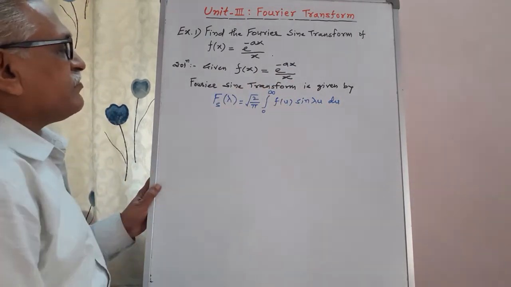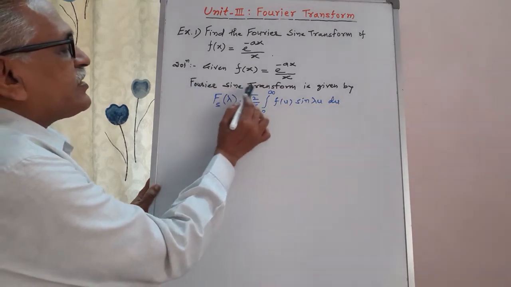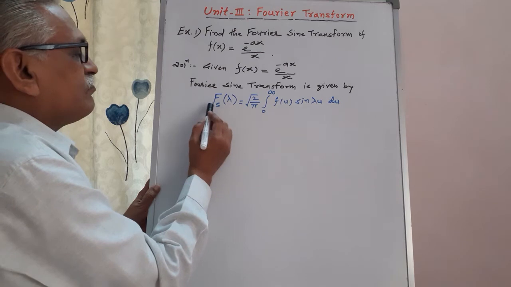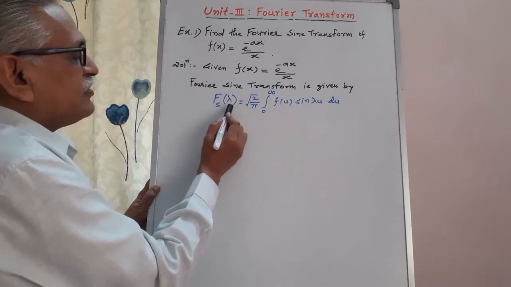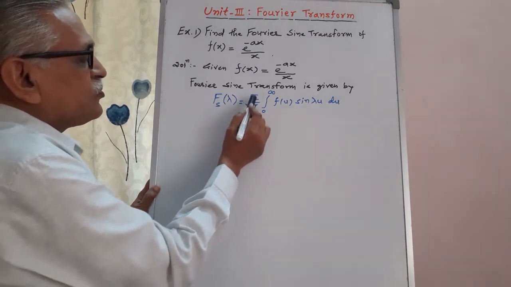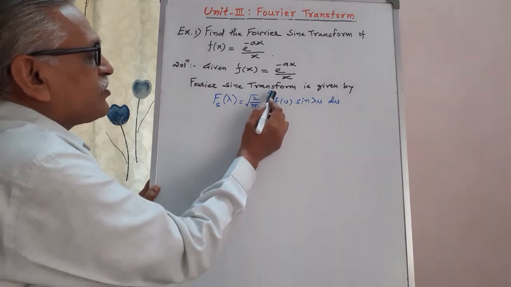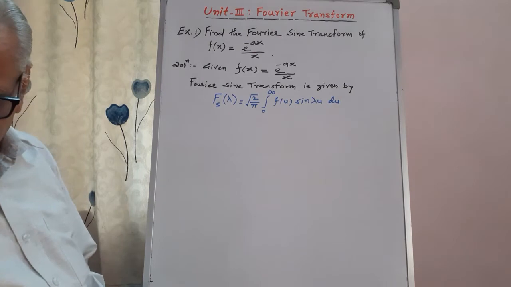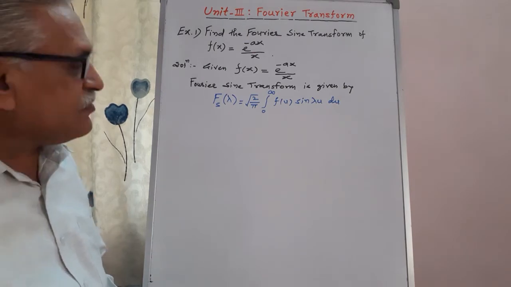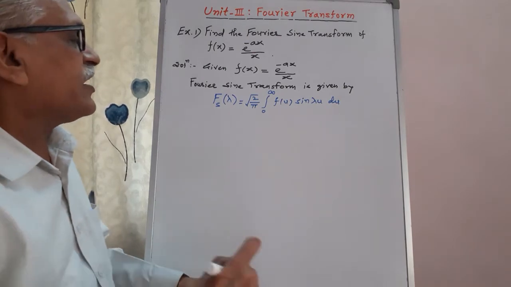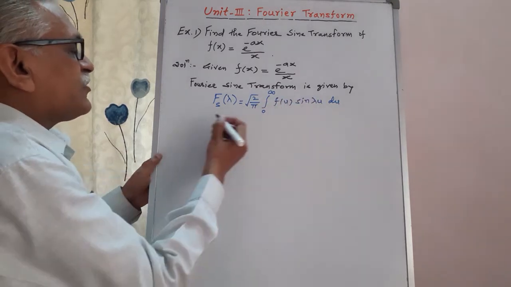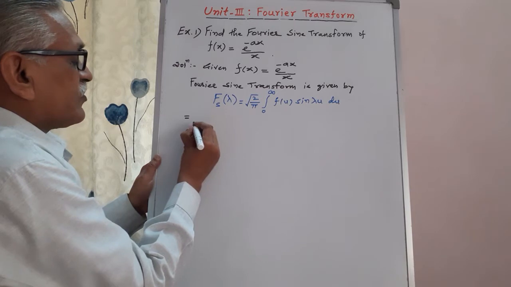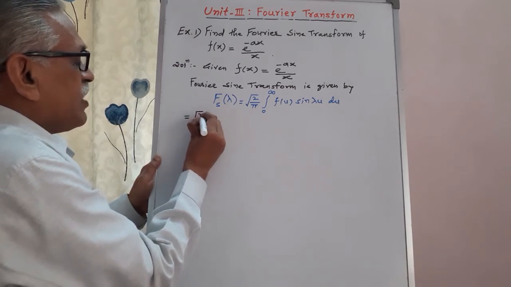This is the given function, and the Fourier Sine Transform is obtained by Fs of lambda is equal to root 2 by pi, integration from 0 to infinity f of u sine of lambda u du. By using this formula we can obtain the Fourier Sine Transform, and therefore it is equal to root 2 by pi